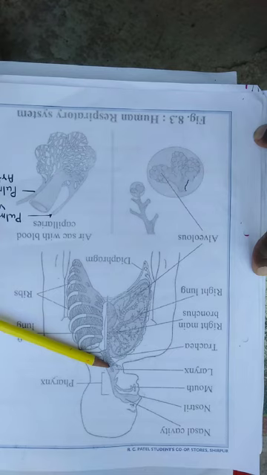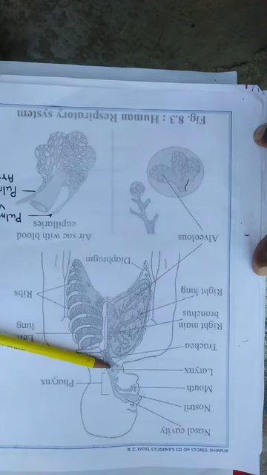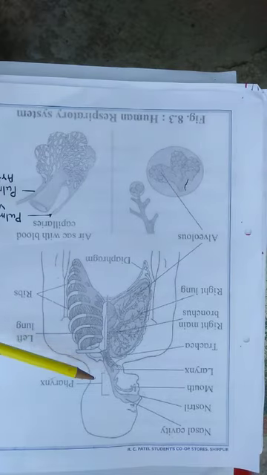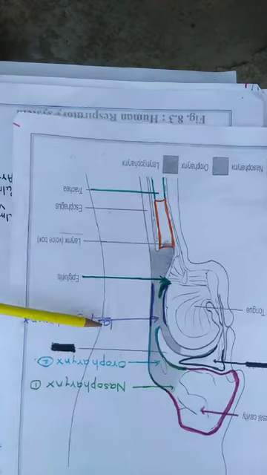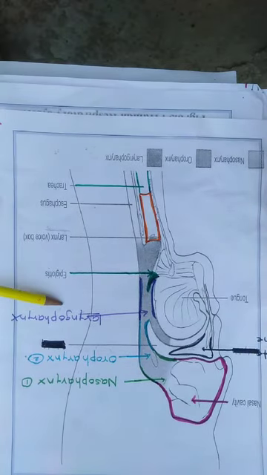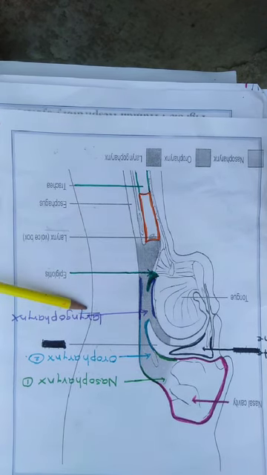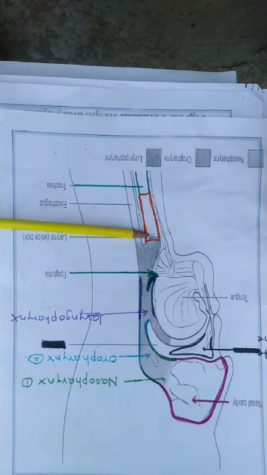Now how is sound produced? Sound is produced by the passage of air between the vocal cords and modulation created by the tongue, teeth, lips and nasal cavity. This is the pharynx. The last part of the pharynx is called the laryngopharynx. This laryngopharynx opens into the larynx. Between the laryngopharynx and larynx there is a small opening. That small opening is called the glottis.